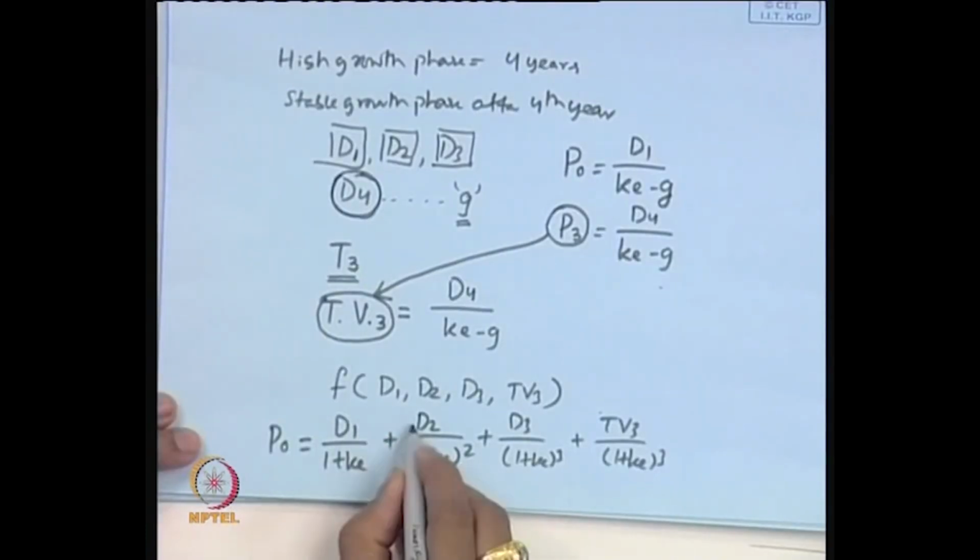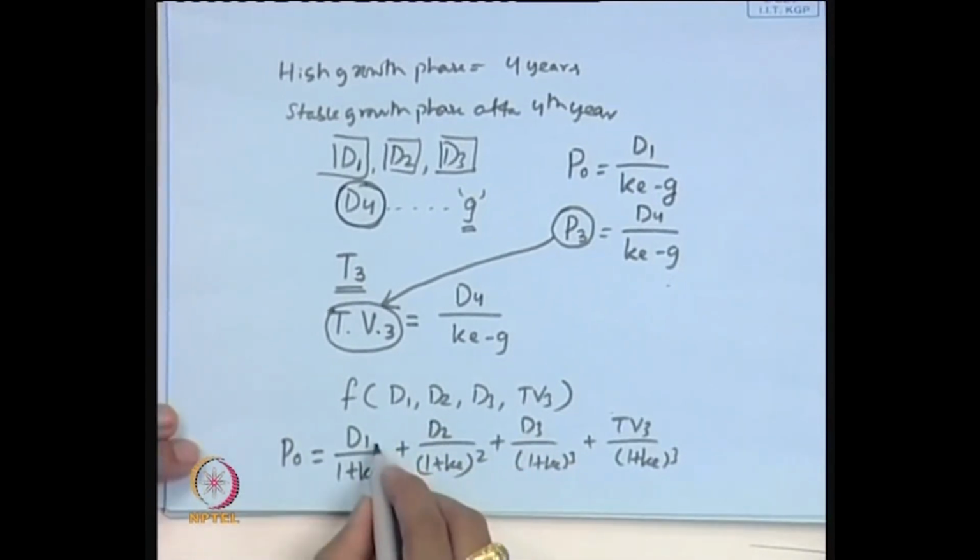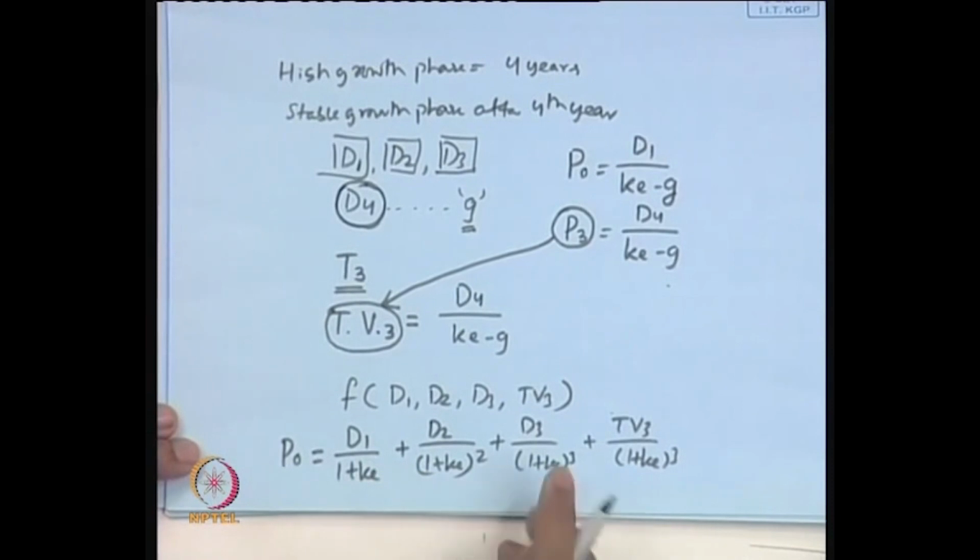In fact, this D1 to D2 growth can be different from D2 to D3. So, in that case, we are saying that in this supernormal stage, one growth is very high, another growth could be a little lesser, then it comes to stabilization, and it becomes a 3 stage growth model. We can have a 2 stage model or we can have a 3 stage or more than 3 stage model also.